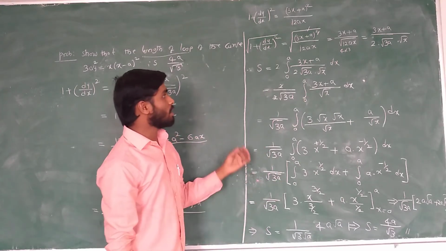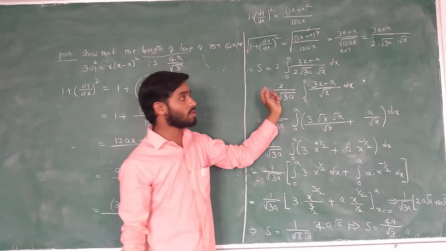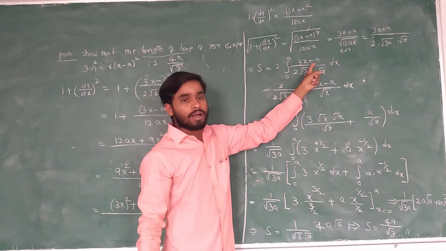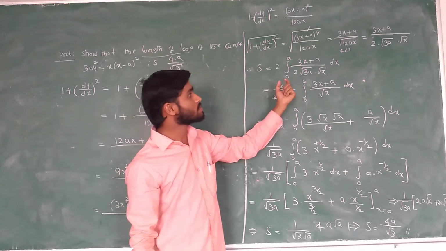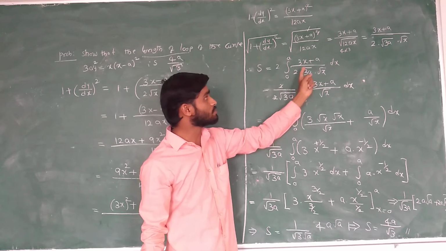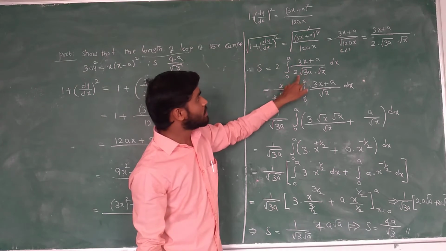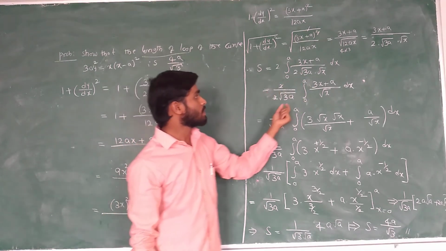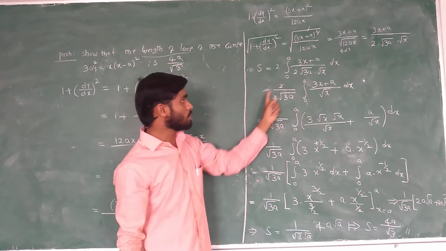Now the actual formula for the length of the given curve will be s is equal to 2 times integration 0 to a of the square root of 1 plus (dy by dx) whole square, as you calculated above. Substitute the same thing here, (3x plus a) by 2 root 3a root x. Here 1 by 2 root 3a is a constant, take it outside. And here remains (3x plus a) by root x. 2 will be cancelled out.